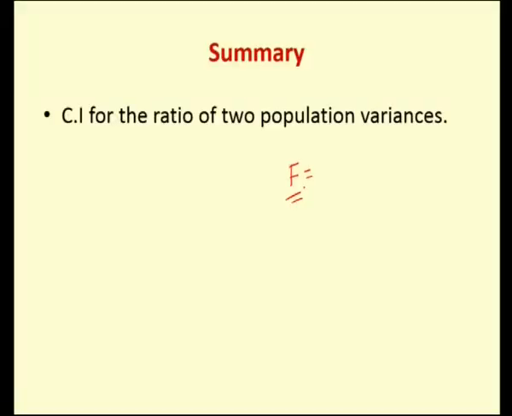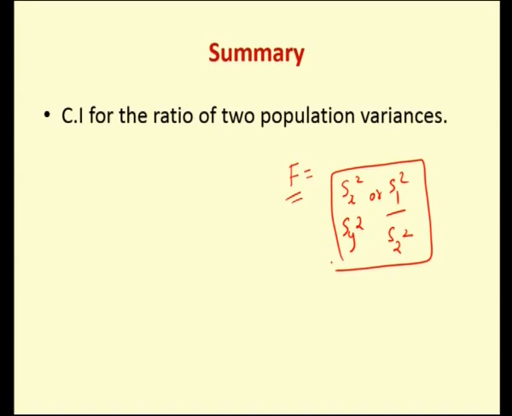Here we need to estimate the variances, that is Sx squared, Sy squared, or S1 squared and S2 squared, namely the sample variances with respect to the population, and you have to compare the values obtained, S1 squared and S2 squared, and check which is greater. So remember in your calculations that always your numerator should be greater than the denominator,